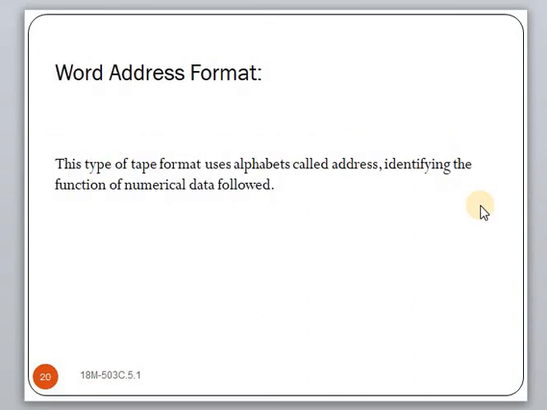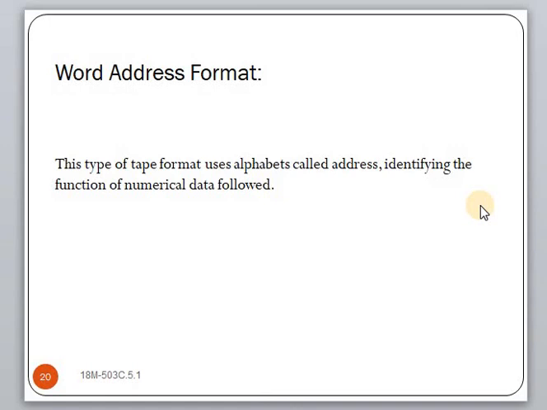So let me explain about address format once again. We are going to use this format in our programs. This is a format that is used on virtually all modern controllers and will be explained in greater detail. With this type of format, each type of word is assigned an address that is identified by a letter code within the part program. Thus, the letter code specifies the type of word that follows, and then its associated numeric data is given. So, for example, tool number is represented with the capital T.